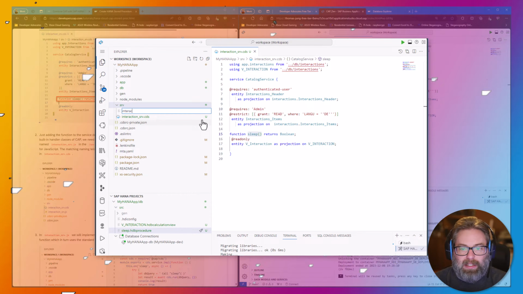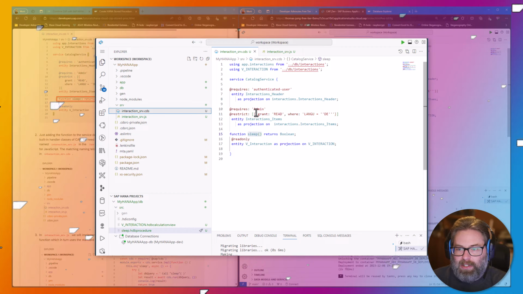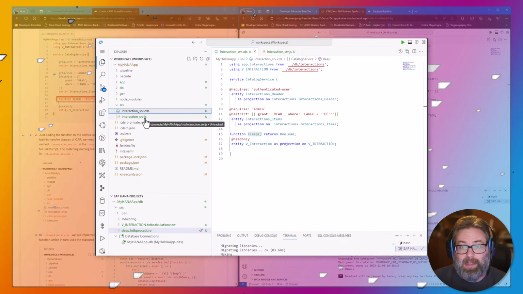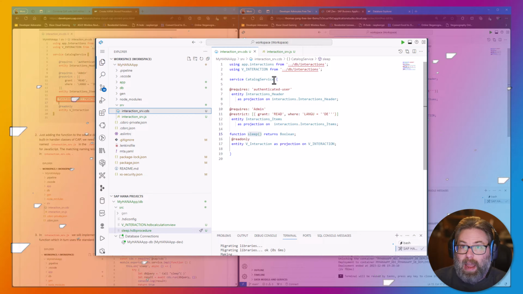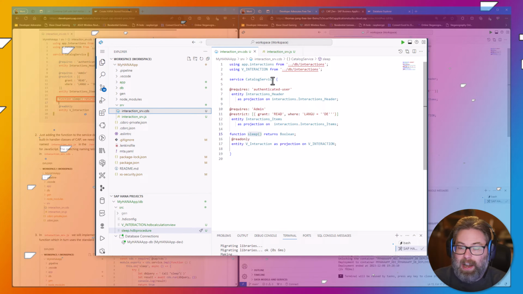So we'll name this the same, interaction srv.js. And we don't need to add any specification here in the service. Now, there are some options if you don't want to name them the same. You can name them differently, but then you have to add an annotation to the service to tell it what file to execute as its exit handler. By matching the names, we don't need any additional annotations or configuration here in the service itself.